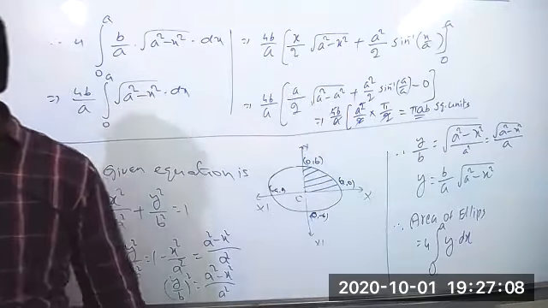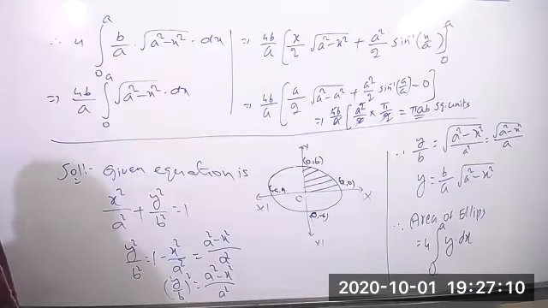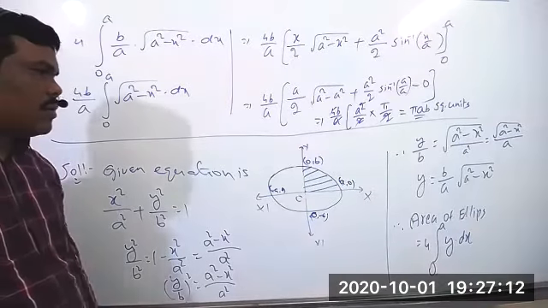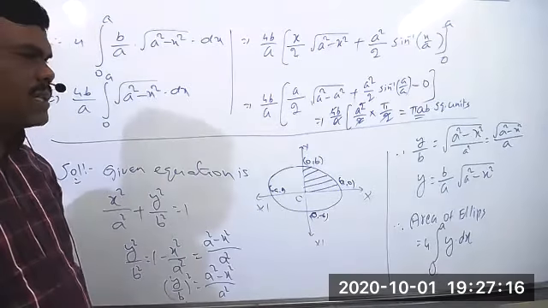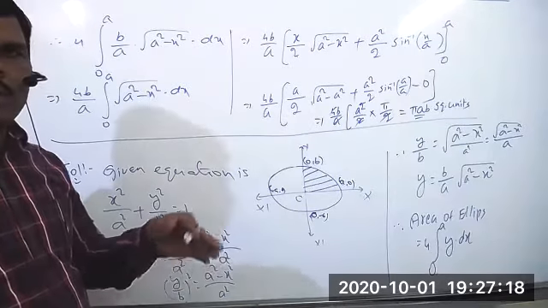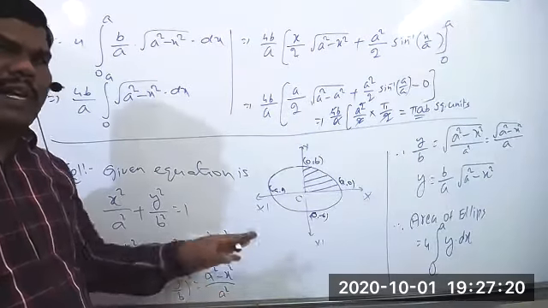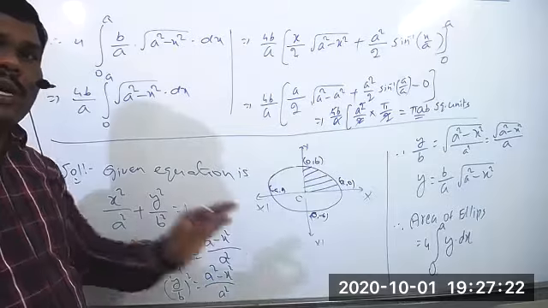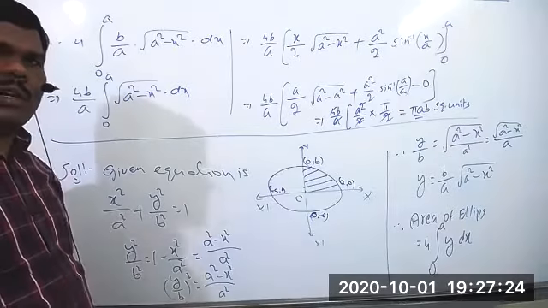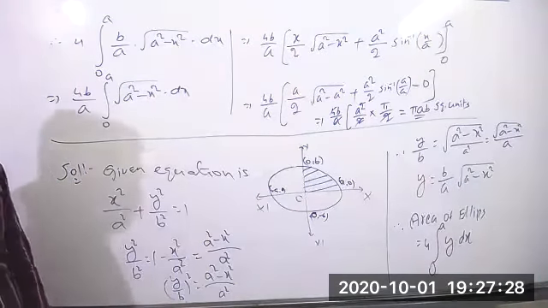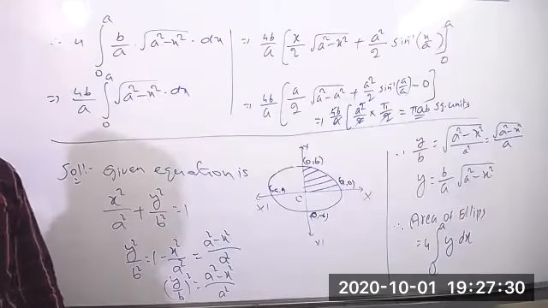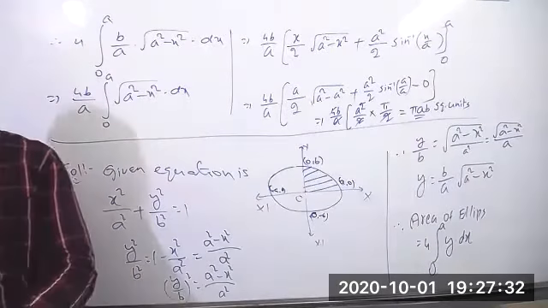By using integration, can we get the perimeter or circumference? No, in this concept we are not finding any perimeter kind of thing, only the area of the bounded region. Okay? Write this: Area equals pi ab square units.